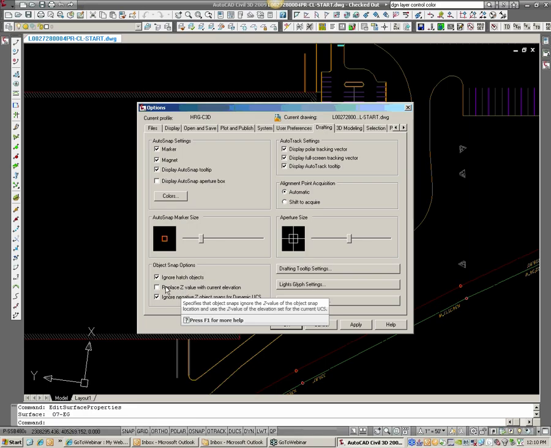The reason this is checked on is because a lot of stuff in Civil 3D is drawn at elevation, even your pipe profiles and your inlets. So we didn't want lay people making the mistake of checking out a drawing, measuring in between 2 inlets, and getting the 3-dimensional distance. Really, most of the time, people just want a 2D distance. So we always have that check on